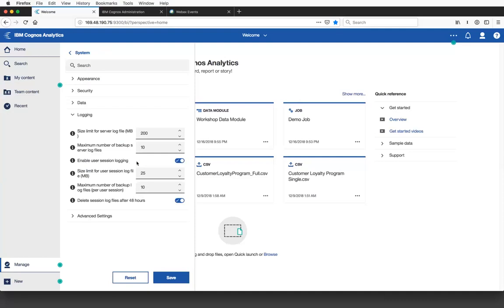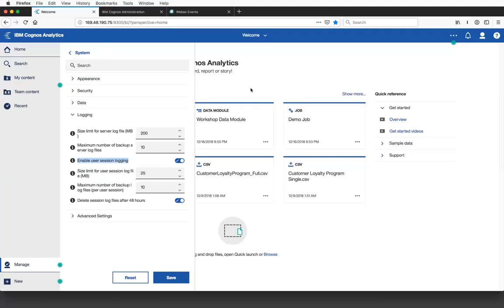I would say definitely keep this enabled. You don't necessarily want to leave this on 24/7, but let's say a user is having an issue, and we've all experienced this. The users are being challenged by some bug, and we get an email saying, "Hey, listen, Cognos isn't working." That doesn't give you a lot of insight. Even when the user is advanced and they try to give you as much information as they can, they might send you screenshots. Often it's going to require us getting up, walking down to wherever that user is, if they're even in the same building, walking through what they're doing,